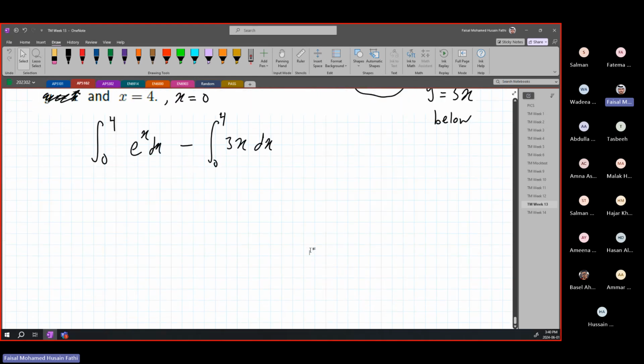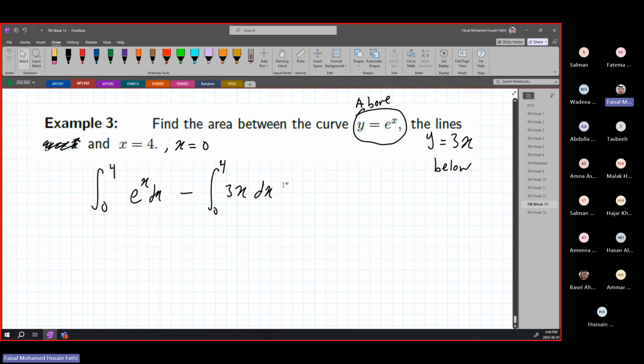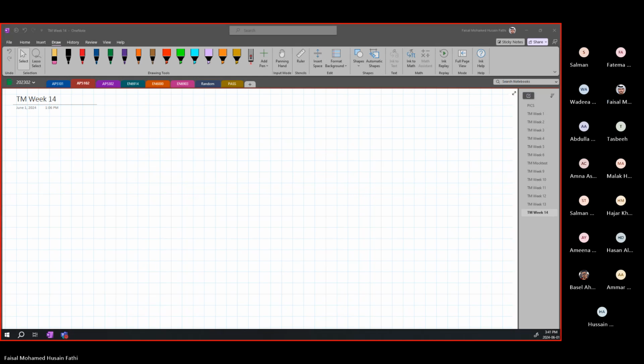Okay? We are done with integration with graphs and all of that. We're not done with integration, but we are done with the graphs. Any questions about this so far? Before I move on to separation. Separation is very easy. Trust me, it is very easy. The differential equations are super easy to solve as long as you know how to integrate. If you do not know how to integrate, you're going to have a hard time. But if you're good with your integration and differentiation, at least at this level, solving differential equations is very, very easy. All right, let us start with that then.